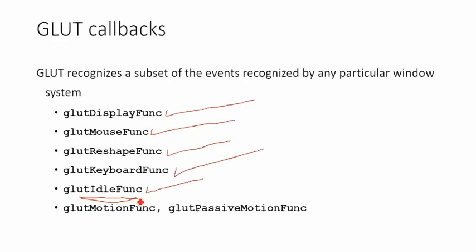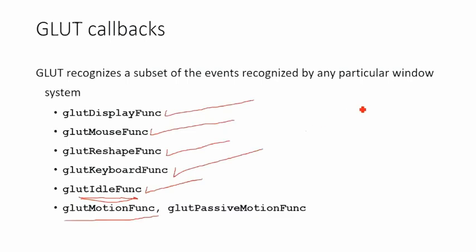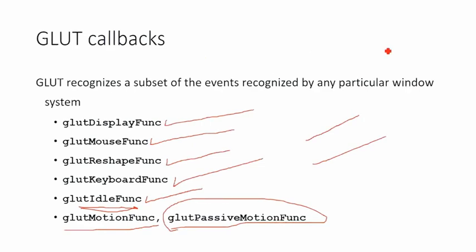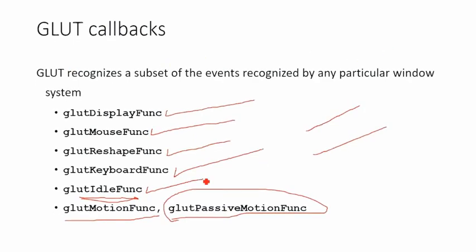And then we have something called motion func. This motion func basically captures the motion of the mouse when I click, hold and move. So it captures the stroke input. And then I have something called passive motion func. Passive motion func basically captures every position wherever I move my mouse. There is no trigger associated with it. The movement of the mouse itself is the trigger. I change the position, it captures that position. That's it. So that's the GLUT passive motion function.